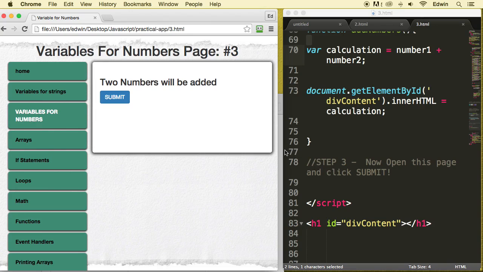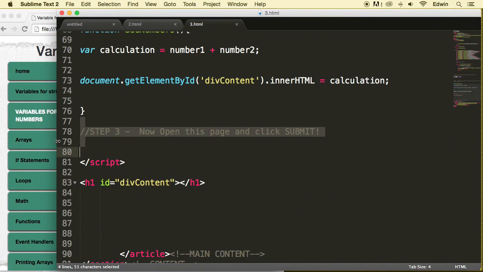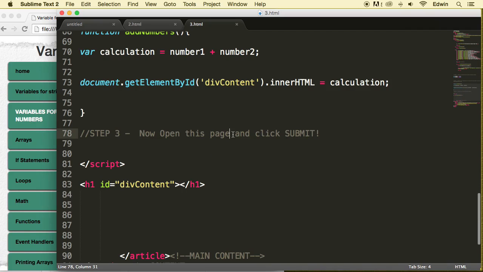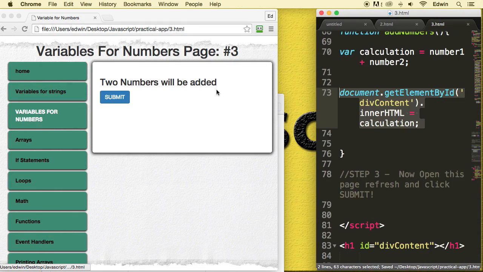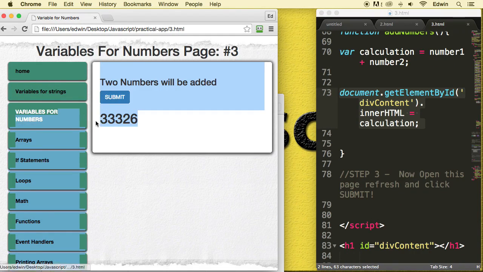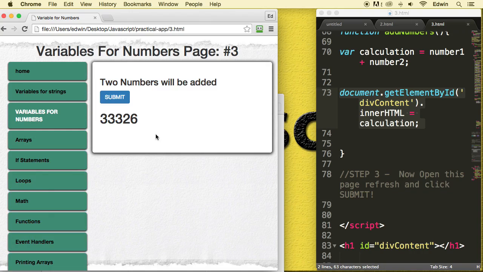If you don't refresh, and this one doesn't say that, open this page and refresh. I'm just going to stay right here and click submit. All right, submit, and there we go. The calculation is there. So we did the third one here, the second one, but it's number 3,